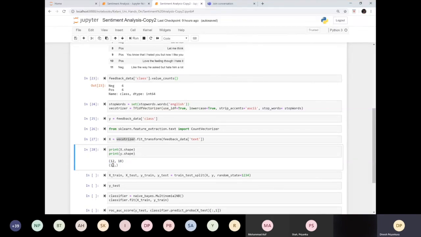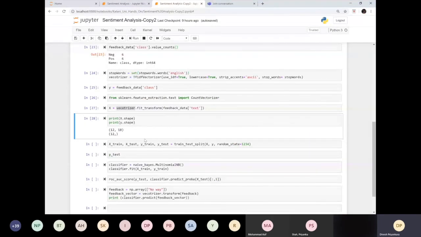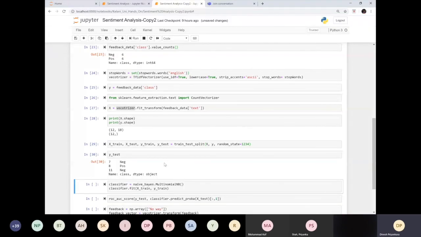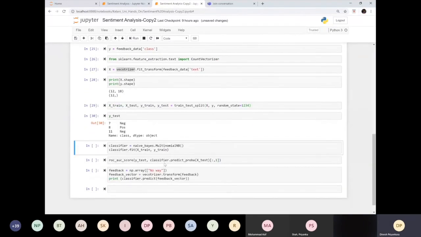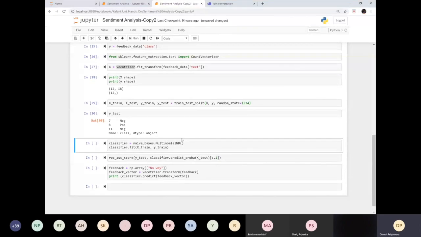So what I'm going to do is split my data set into a training set and a testing set. I can simply use train test split coming from scikit-learn. If I check my test data set, I have 3 records for test, which means I have 9 records for training. How do I do the training part? I'm going to call the fit using multinomial naive Bayes. I'm going to create the classifier based on this machine learning algorithm, and then fit my data set using the X train and the Y train.